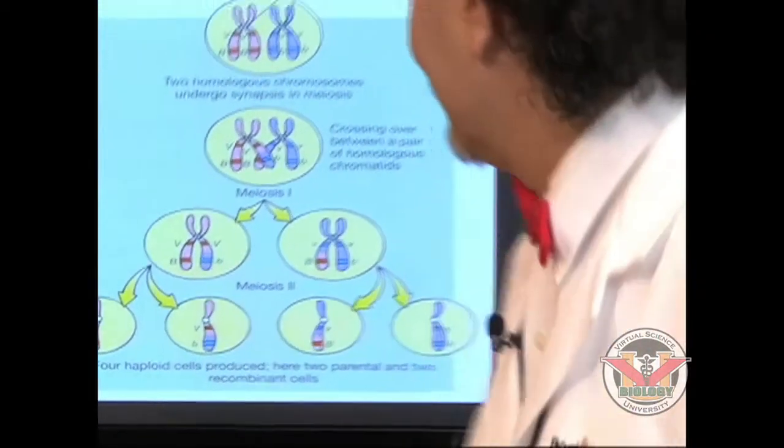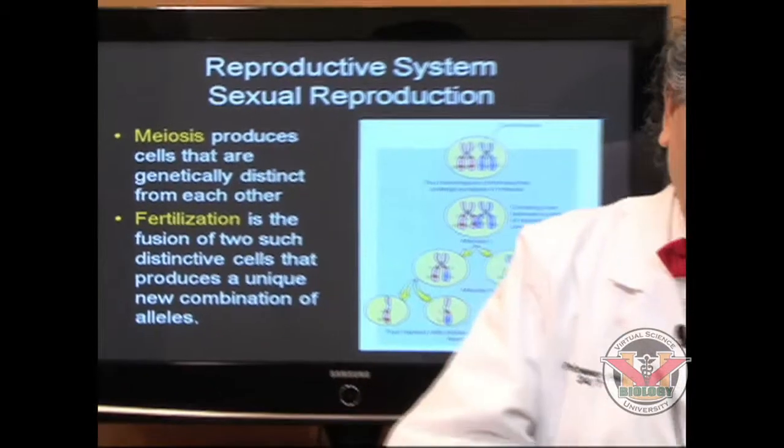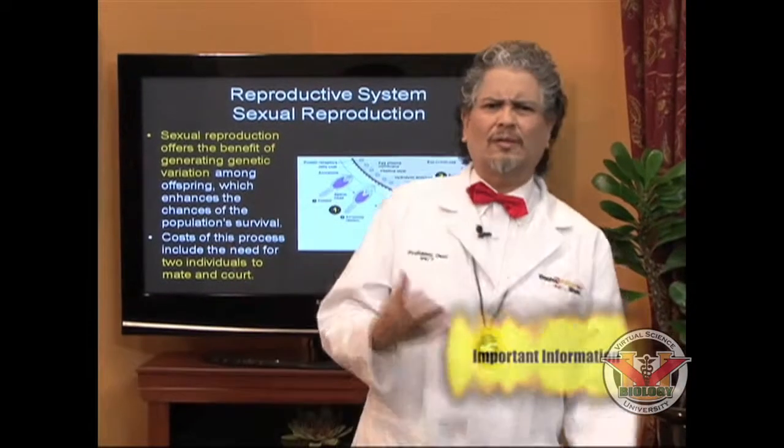Very, very good. Okay, now, meiosis produces cells that are genetically and distinctly different from each other. They're distinct from each other. It's very important that you see that happens during meiosis. And then, of course, fertilization is the fusion of two such distinct cells that produces a unique combination of alleles. And I want to throw this on you so that you can kind of